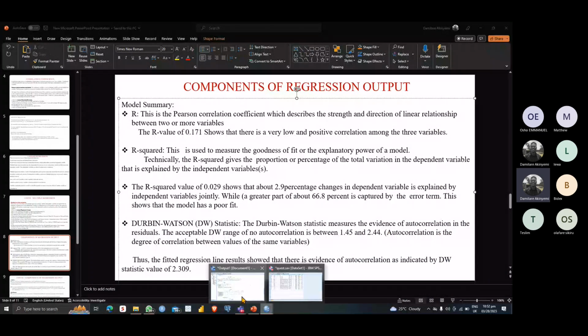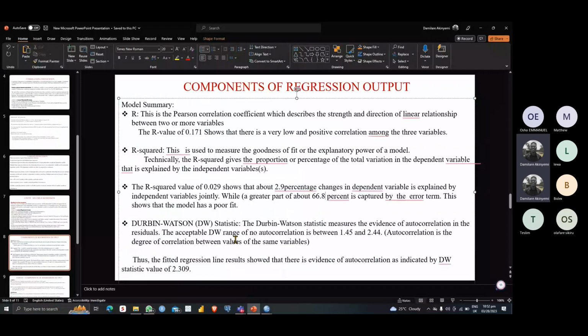What do we have? Now, this is our Durbin-Watson. You see here, our Durbin-Watson value is 2.000, which means this 2.000 lies between 1.45 and 2.44. That means there is no evidence of autocorrelation in our model. Thus, the fitted regression line result showed that there is no evidence of autocorrelation as indicated by